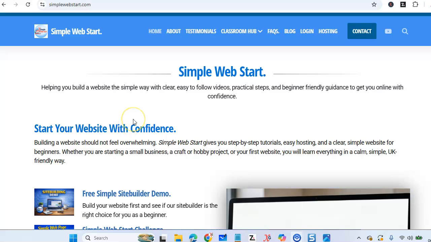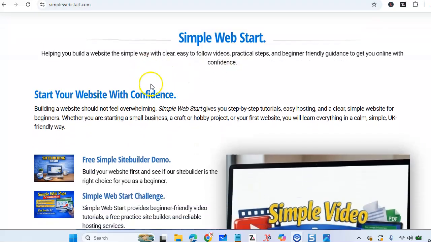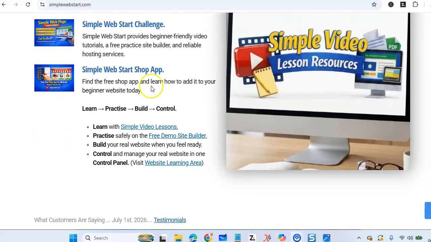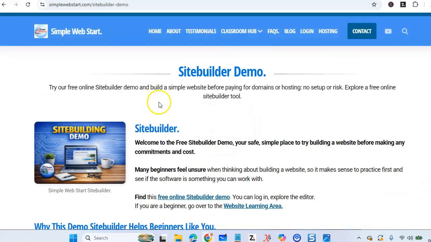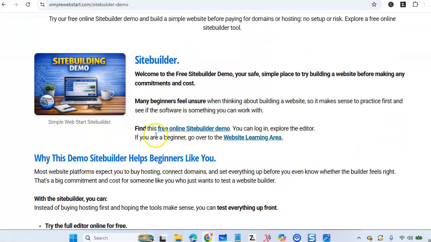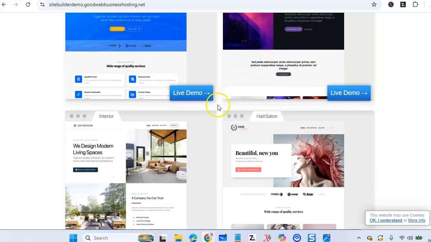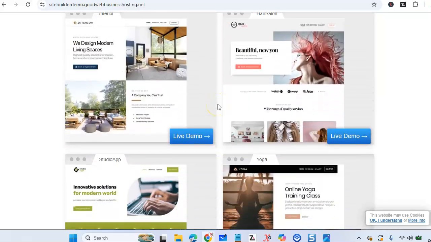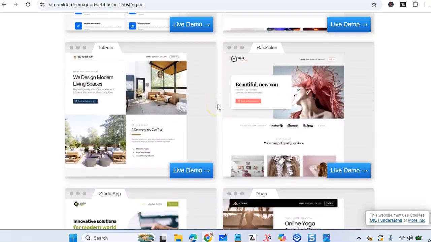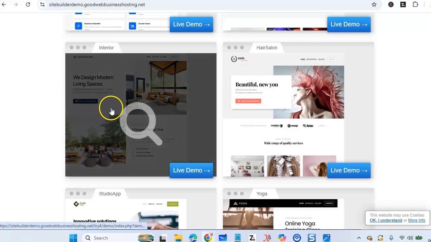So there's two places you can find the site builder demo. You can either come over to the home page, and if you click this link, this will take you over to the actual page where the site builder is, and then what you'll need to do is click this link here. This then, as you would probably know, uploads the templates, and what we'll need to do is find a template to actually redesign. So let's go today for this one here,